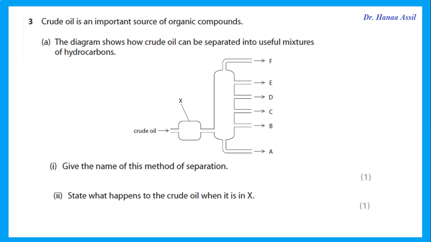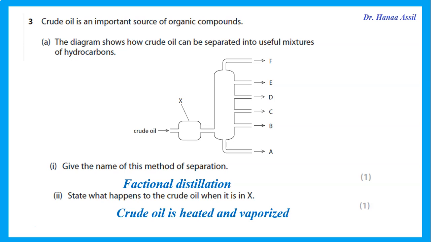Crude oil is an important source of organic compounds. The diagram shows how crude oil can be separated into useful mixtures of hydrocarbons. Give the name of this method of separation. Remember, to separate the constituents of crude oil, we use fractional distillation. State what happens to the crude oil in X. The first thing we do is heat it and vaporize it so that it goes into the fractionating column as a vapor or gas, and then it is cooled and condensed